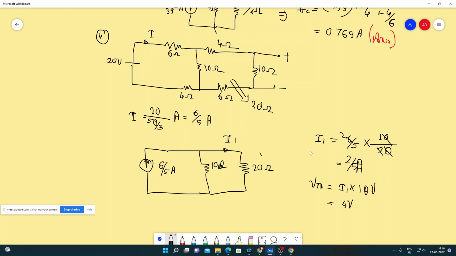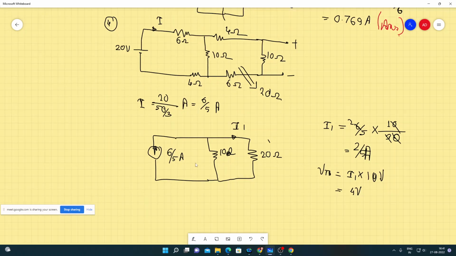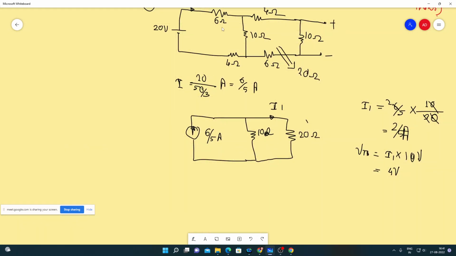And now for finding out the Thevenin resistance, we already know it's an independent voltage source. We will short it. So if we short that, we have 6 ohms and 4 ohms in series, that will be 10 ohms. 10 ohms and 10 ohms in parallel will give me 5 ohm. Again 5 ohm in series with 4 ohm and 6 ohm is 15 ohm. 15 ohm in parallel with 10 ohm will give me